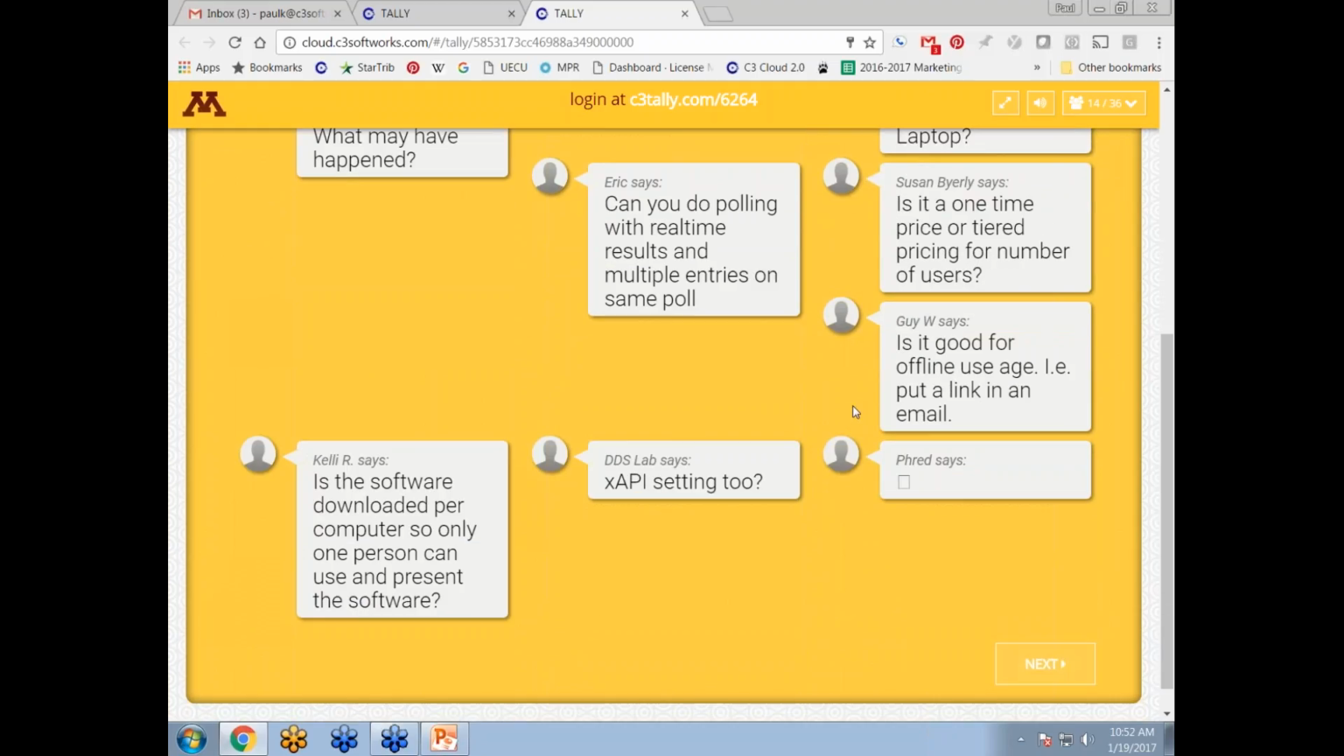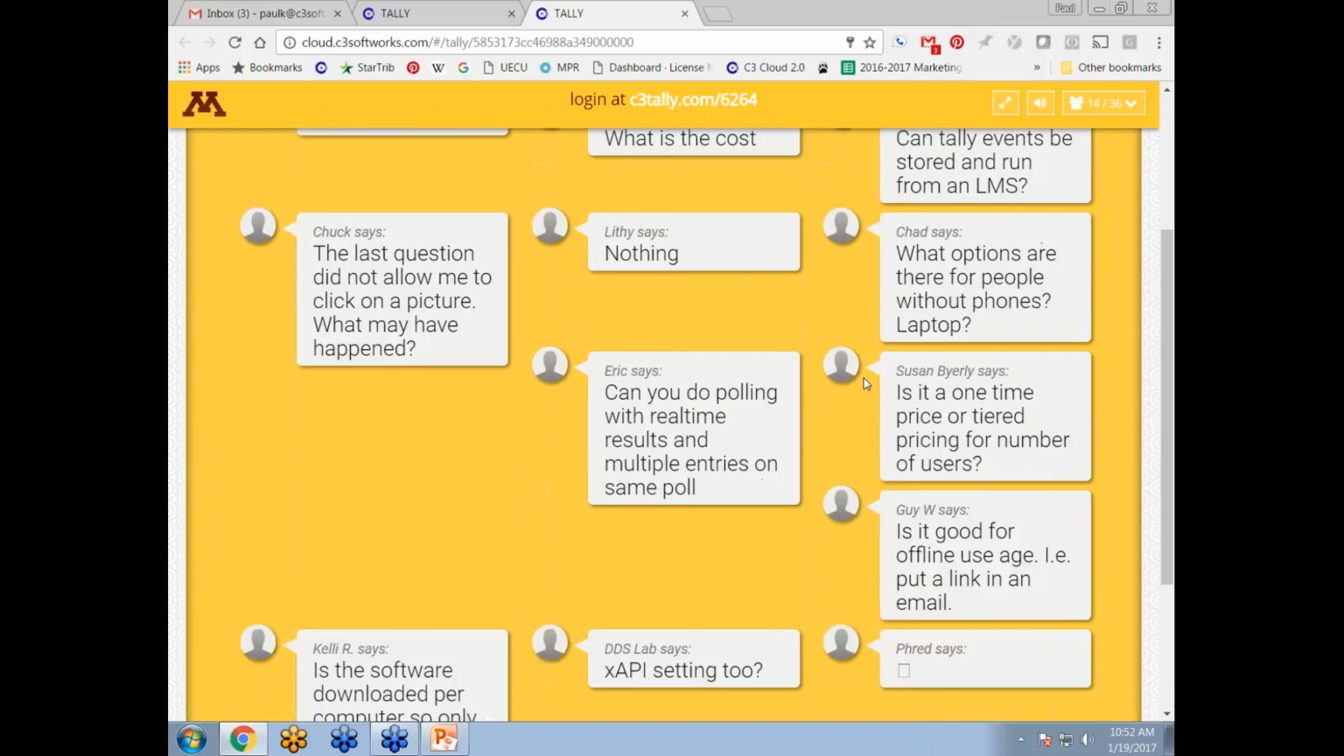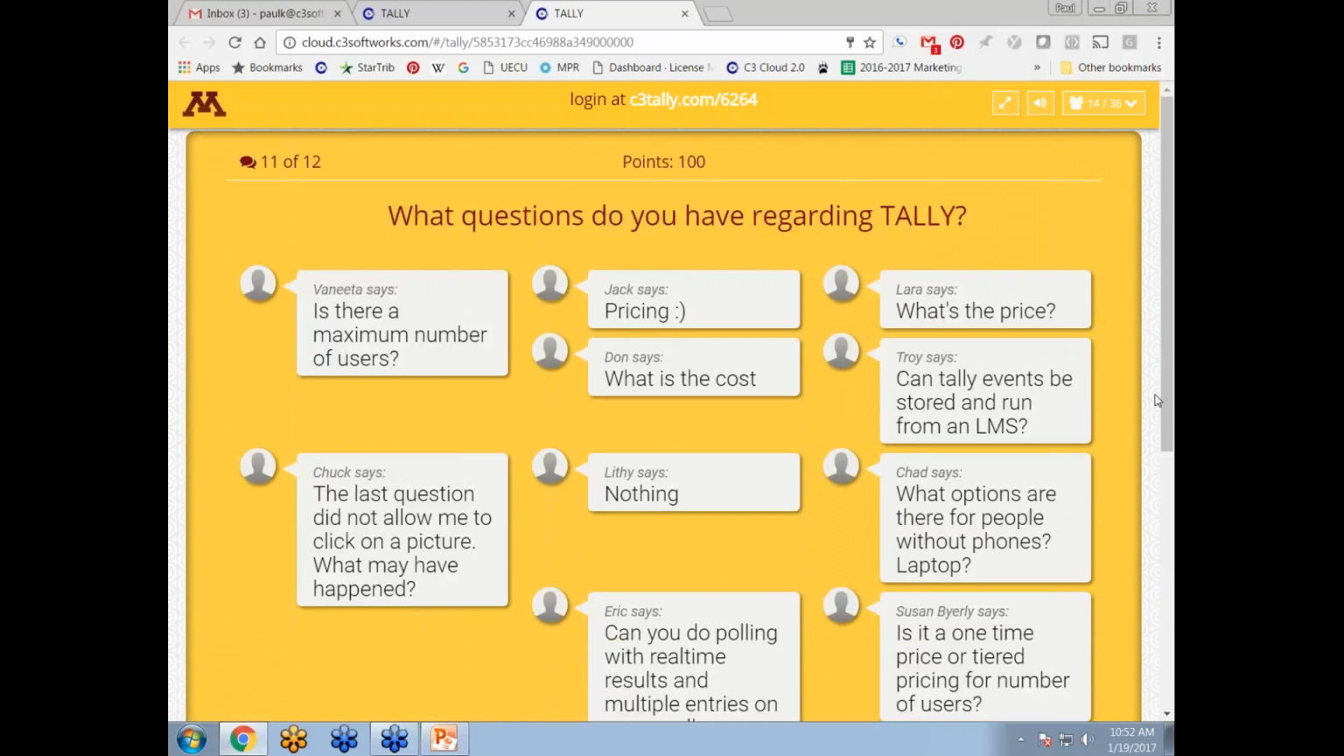Is the software download per computer, so only one person can use it and present the software? So here's the basic crux of a lot of questions about pricing. Basically, this is a subscription service. You use it for a year. It's a one-year subscription. There are different levels, but the 100 user level, that's the base level, is $595 per year. So you get access to log in basically from any PC, and you create a login,